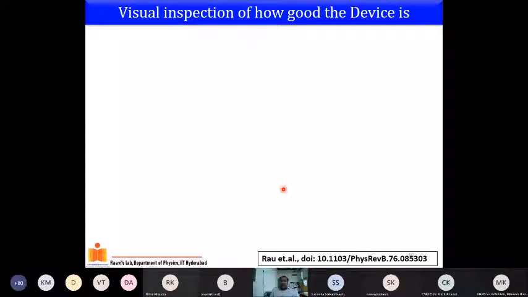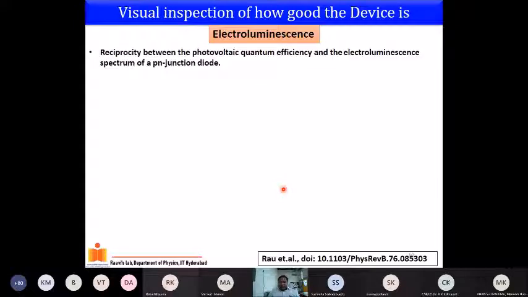Now, can we do anything without even touching these things? What is a simple example of it? Your LED is the example of electroluminescence. What you get out of it is because of the electroluminescence from your device. Okay, so a solar cell is a diode which absorbs the light and converts it into electricity. An LED is a device which takes in the electric current and gives out the output, which is light. So both are the same from a reverse point of view.